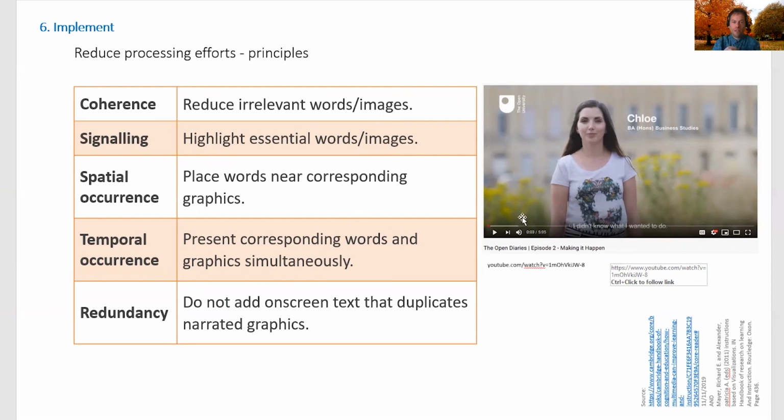Now you can tell me, yes, but Gil, that takes only a split second. It takes half a second. Yes, I know, but there are thousands of half seconds of errors a day which pollute the information and put more effort in the way that you process the information. So you want data here to be close to where you focus with the graphic, the attention, which is right here. So this is a good example. Chloe, business student, right next to her eyes.